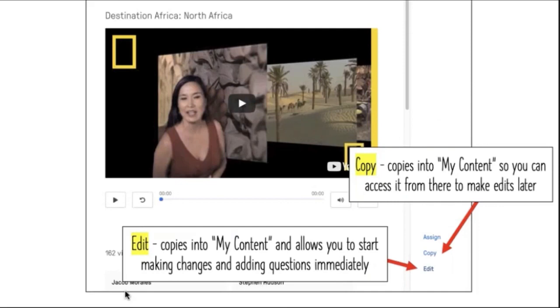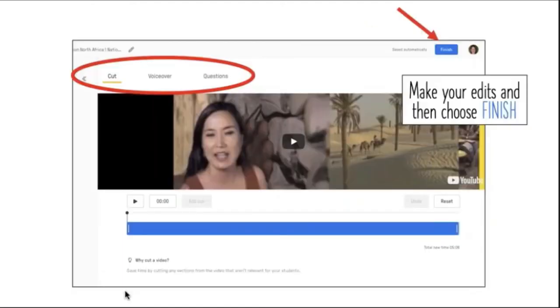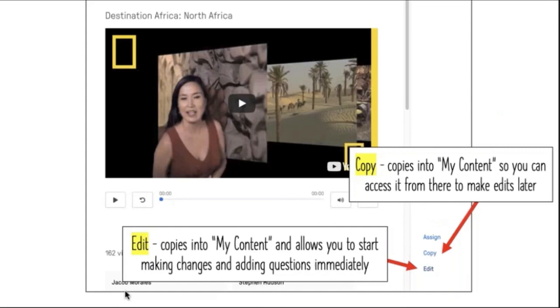So then when you've selected that video, remember, copy means it's just going to go into My Content. This is, hey, I'm just saving this because it looks cool and I might use it sometime. Edit is I'm copying it also, but I'm going to go ahead and edit it and work with it. You want to go ahead and click on edit. Do we click on copy first? Just edit. Edit will do both, basically. So copy means I'm just grabbing this for later. Edit's like I'm grabbing this and I'm doing something with it.